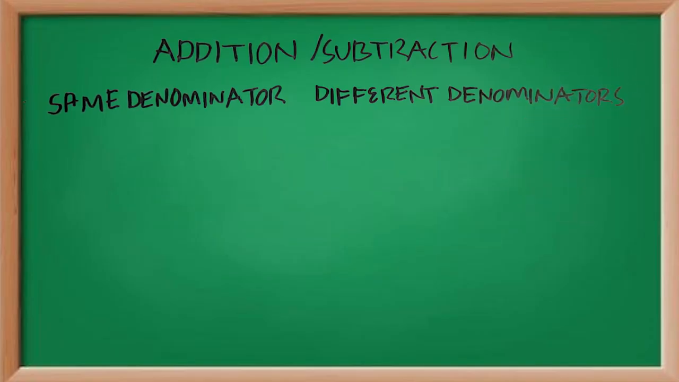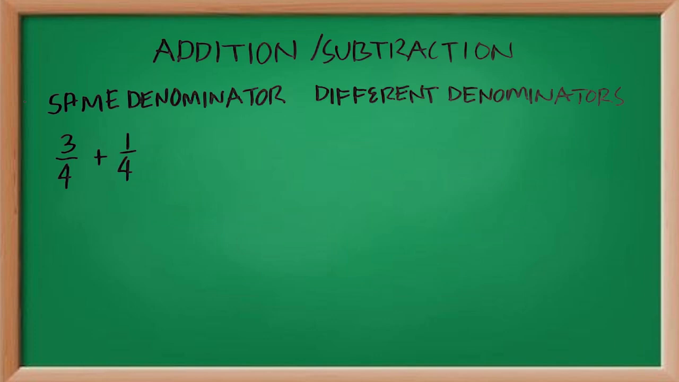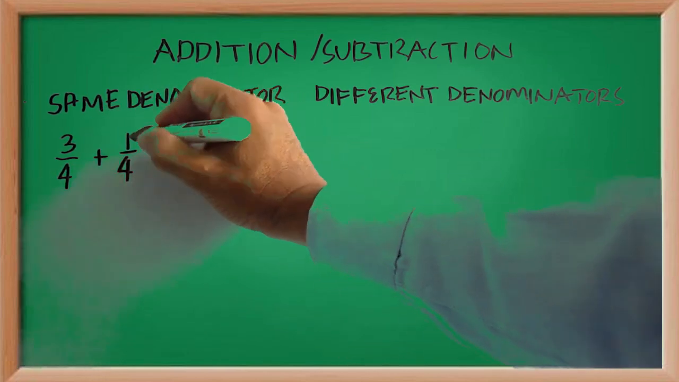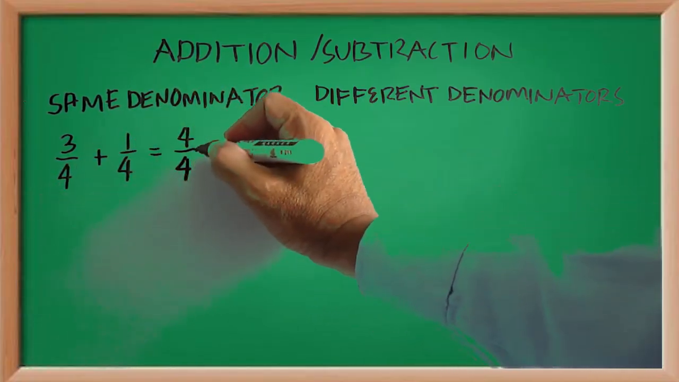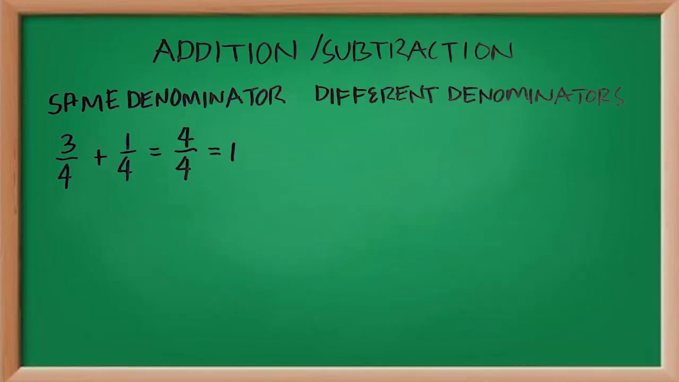Example, 3/4 plus 1/4. Since they have the same denominator, the numerators 3 plus 1 is 4, then copy the common denominator. Then simplify. 4 divided by 4 is 1. Another example,